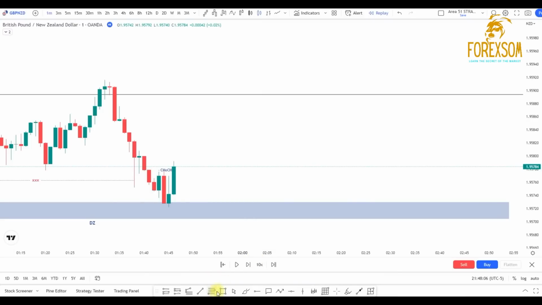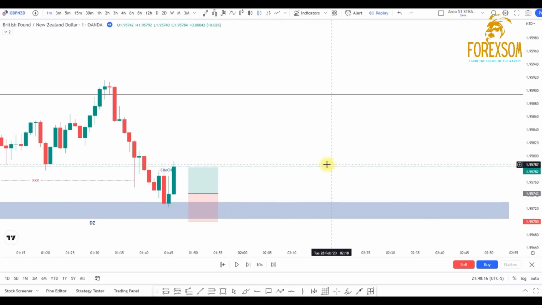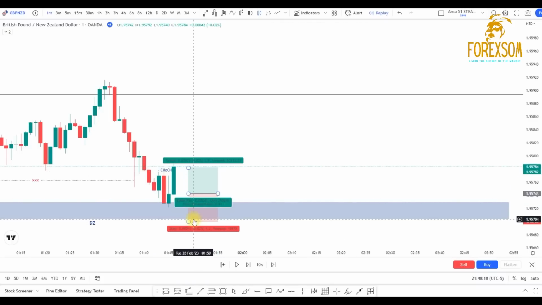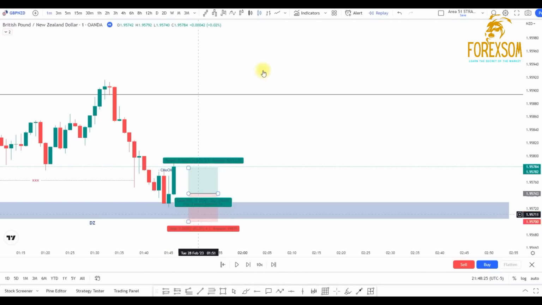So now what I'm going to do is go ahead and set my trade around here, and then I'm going to put my stop loss right below the zone. This means if the price closes below the zone, that means the zone has been taken out and now we are out of the trade. Okay,